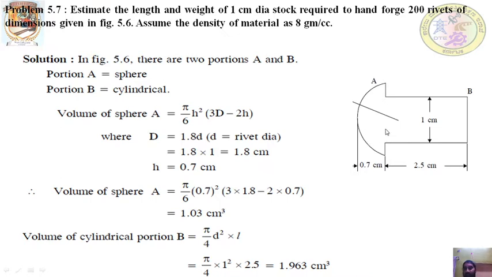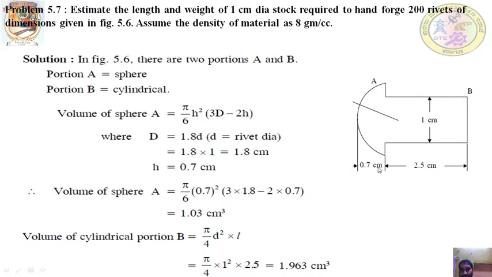If you consider this portion, there are two geometries here. One is a semi-sphere here, and another one is a cylinder of 1 centimeter diameter. The first portion is a sphere. The formula for finding the volume of the sphere is pi h square by 6 times (3d minus 2h), where h is